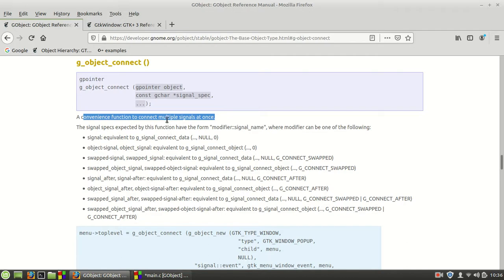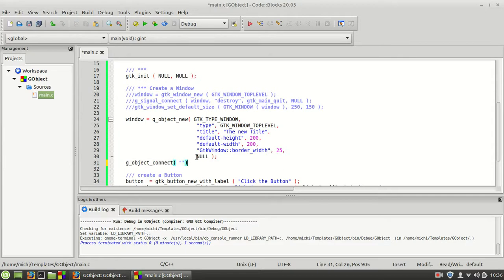Even you remember when we were setting the notify, or maybe better to say when we were monitoring the properties, we need to say notify, double colon, and then the property name. Well, something similar to this will happen now